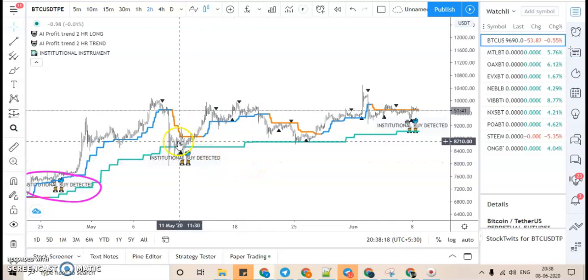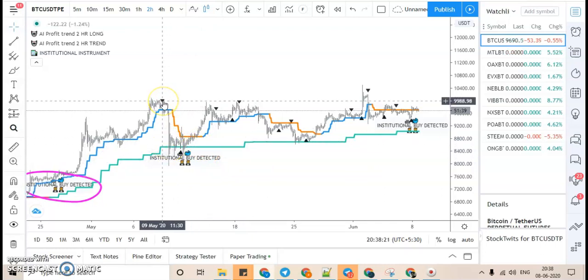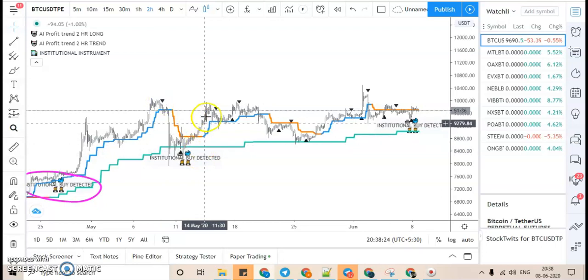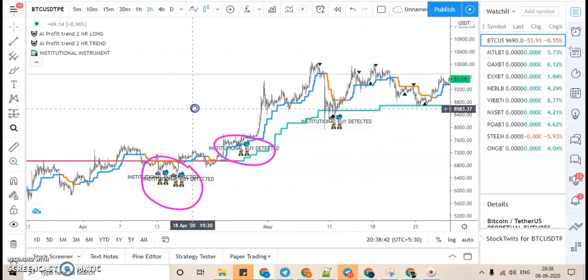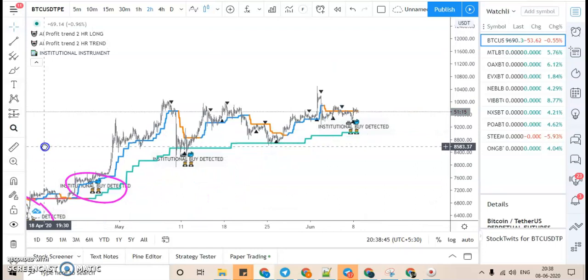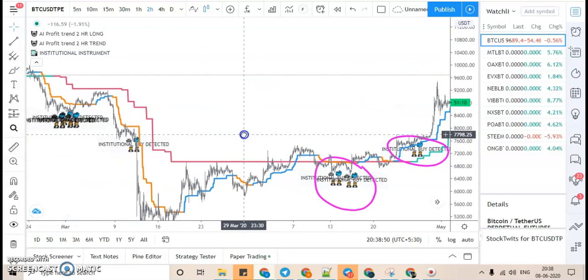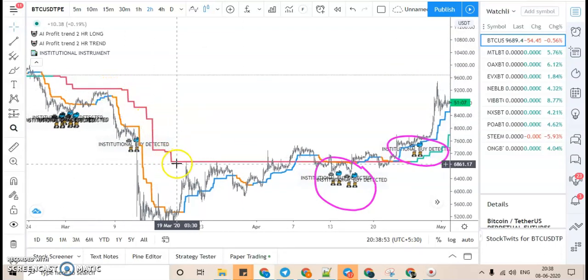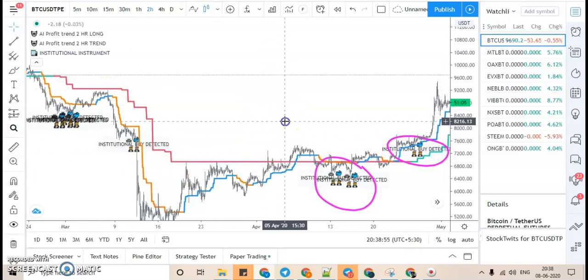For example, these black arrows pointing up and down are long and short signals. It is always better if we buy near the support regions. There are two different trend lines: one is the mid-term trend line, another is the long-term trend line. Whenever you see price trading above the long-term trend line, then it's a bullish market. As I said for the 4-hour 200 EMA, whenever price is trading below this long-term trend line, which I call the mother trend, then the price is in a bearish market.